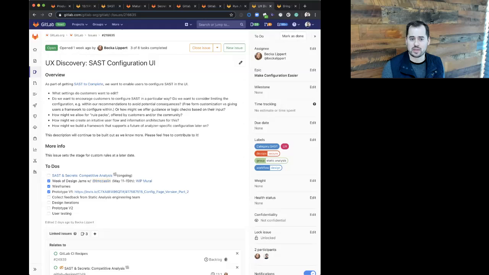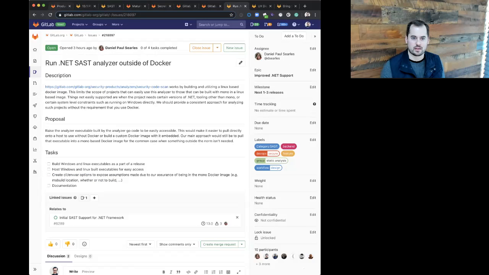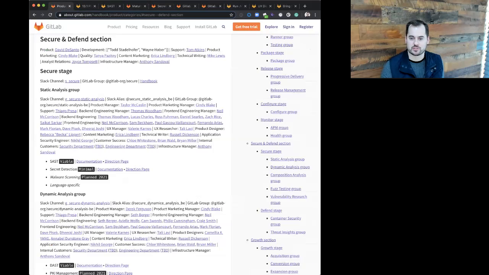Next, I want to call out that UX discovery issue for our configuration UI. We would love any thoughts on the wireframes and designs that are attached here. And that wraps up our focus for 13.1 for our